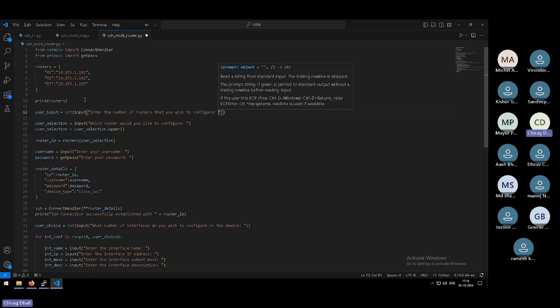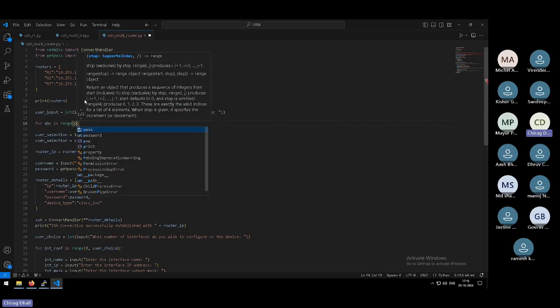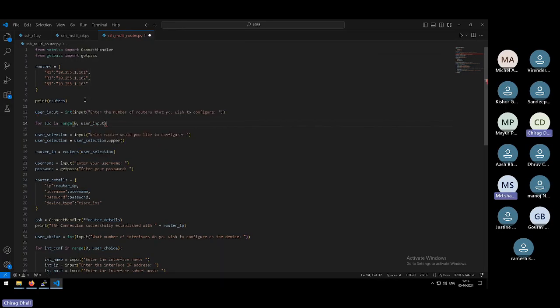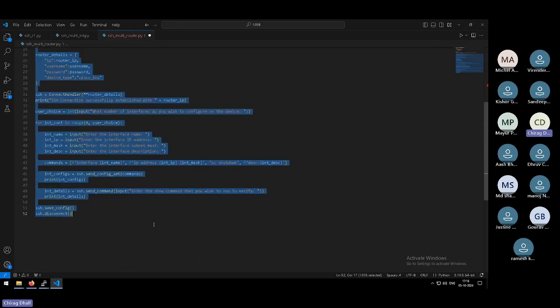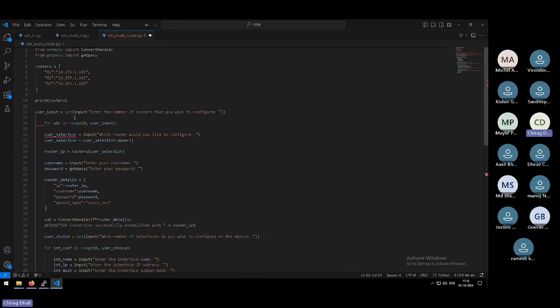That you wish to configure, right? And then I can use a for loop, for ABC in range(0, user input). Yes, exactly. And I can put the remaining part of my script as a part of the for loop. Now, if my user says I want to configure 2 routers, let's say,